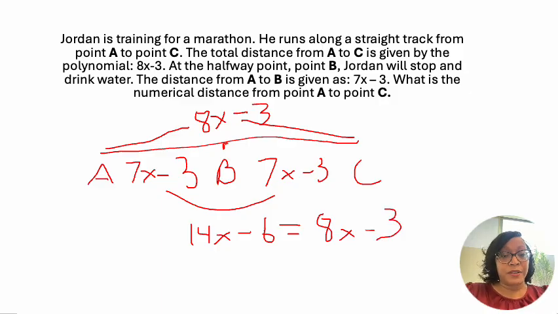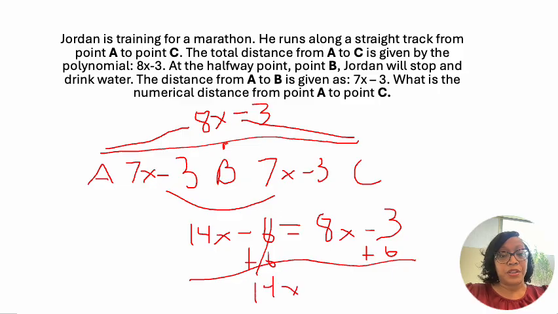So I'm adding 6 to both sides. Once I add 6 to both sides, I am canceling it out on the left side. I get 14x equals 8x plus 3. Now I'm just going to subtract 8x from both sides. 14x minus 8x is 6x. So I'm going to bring this up here. I've got 6x